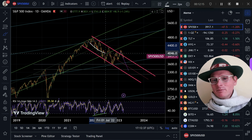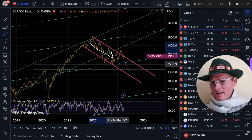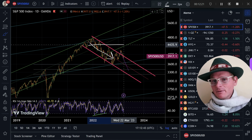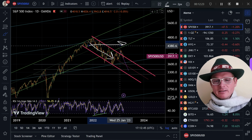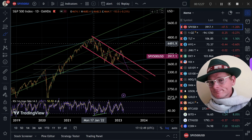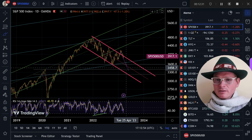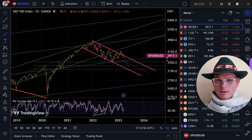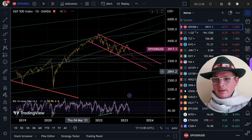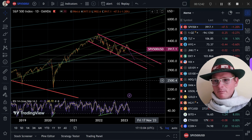Like this whole down move surprised me a bit, because the rate hiking cycle usually isn't pulling down this far. It's usually going kind of sideways. But this hiking cycle and this inflation cycle was so strong that it pulled the market down. So we just got pulled down into the spot where the market actually starts going down. So this could be pretty big. If this thing heads all the way back down to zero interest rates, this is going to be monstrous, and